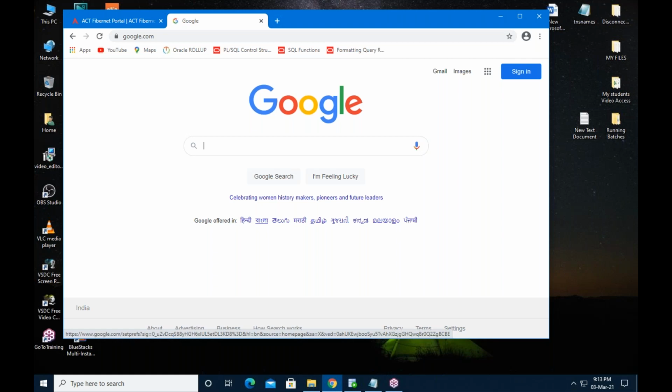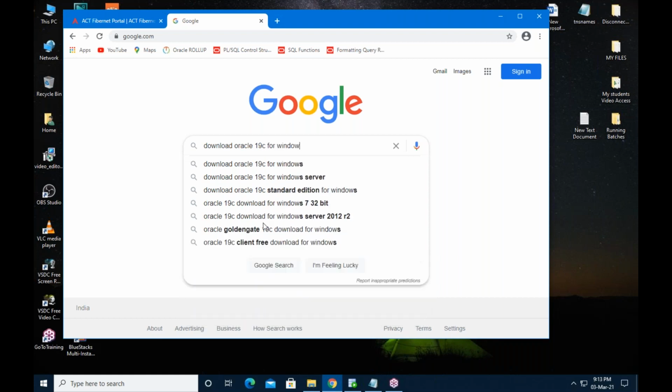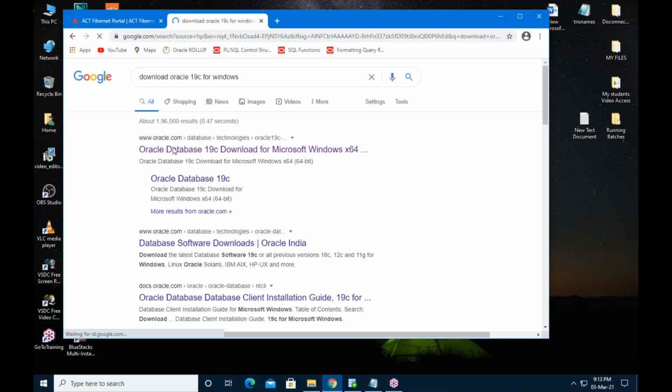And here, download Oracle 19C for Windows. Then Oracle Database 19C download for Microsoft Windows 64-bit.